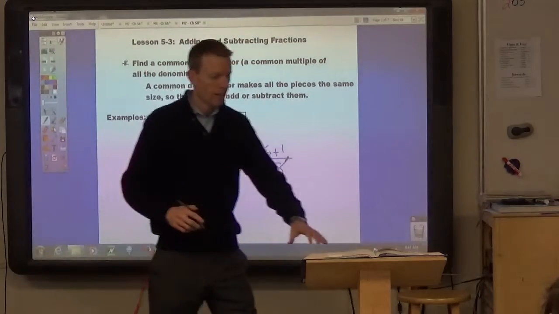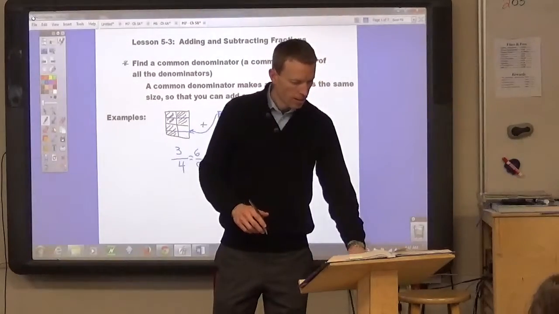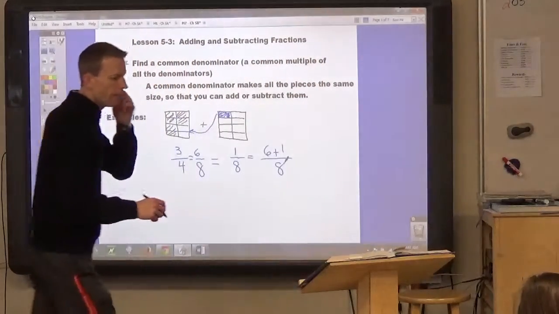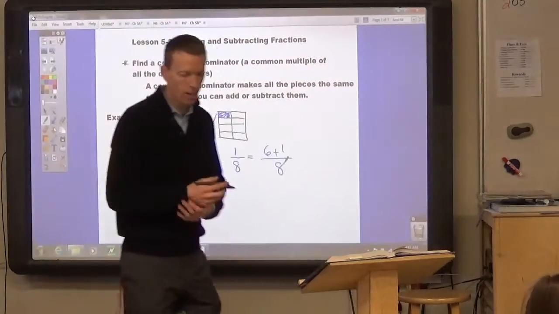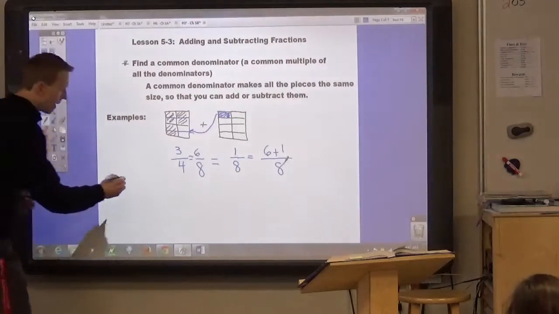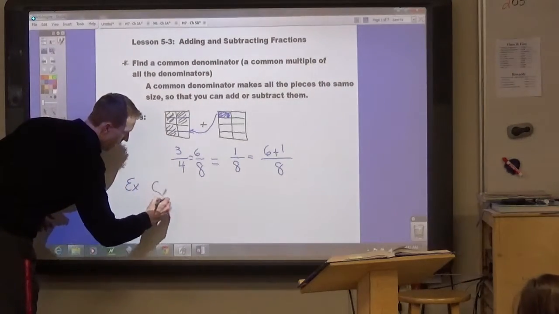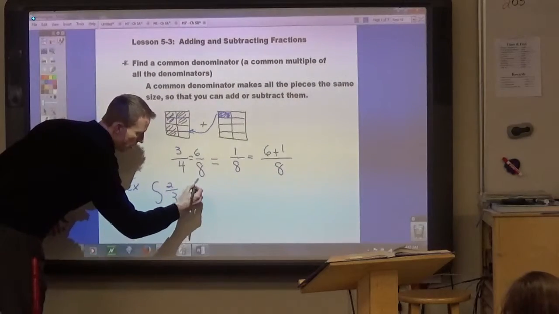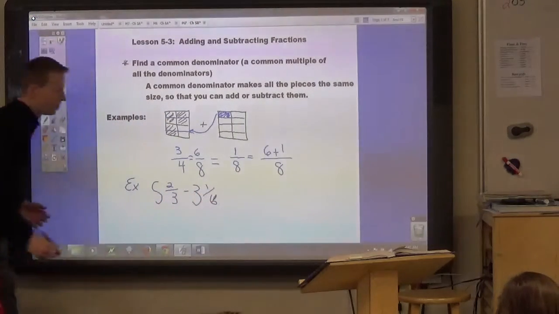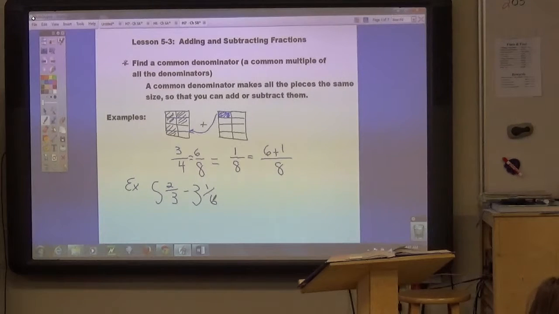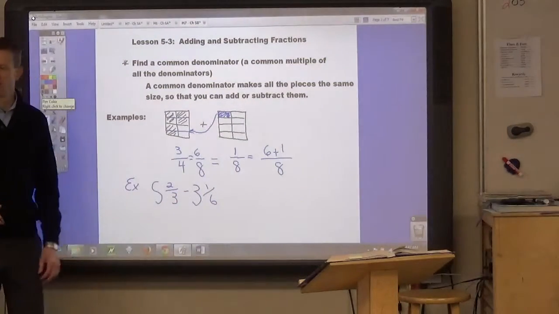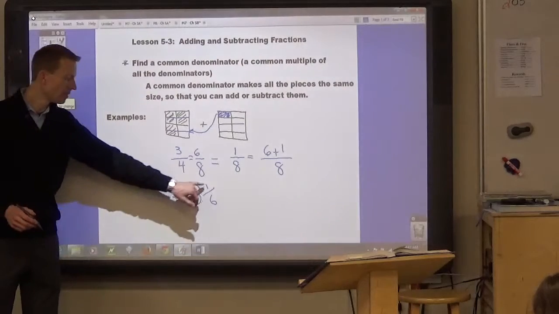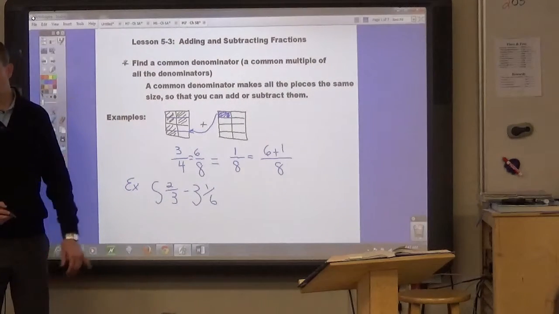Now, if you have mixed numbers, let's say you've got 5 2/3 minus 3 1/6. Write that one down. 5 2/3 minus 3 1/6. Now, if you have 5 wholes, you can take away 3 wholes. But if you look, the pieces are not the same size. So we're going to have to start with